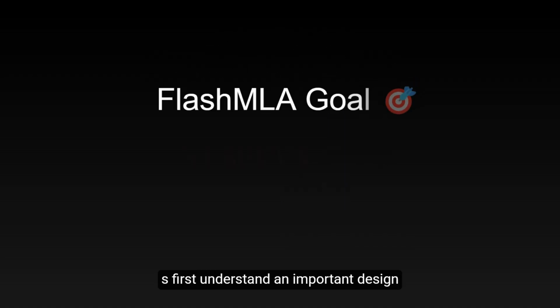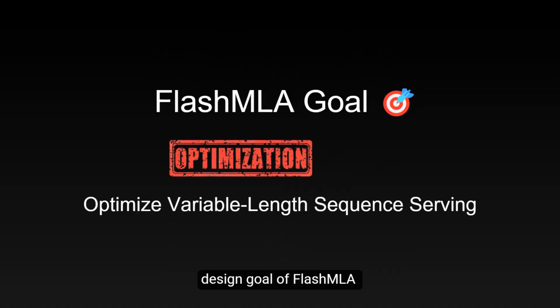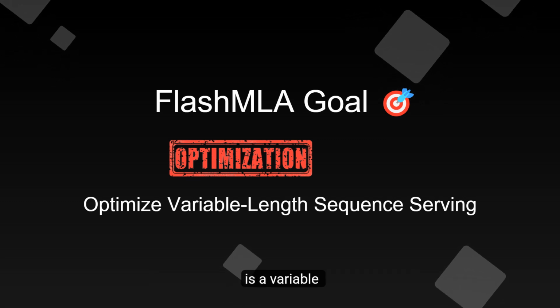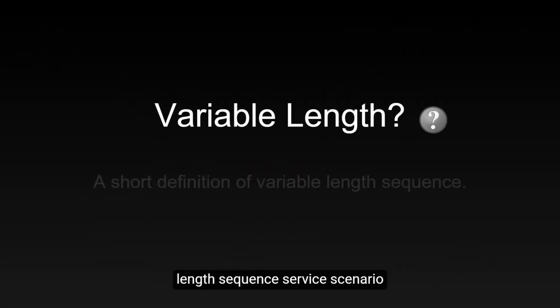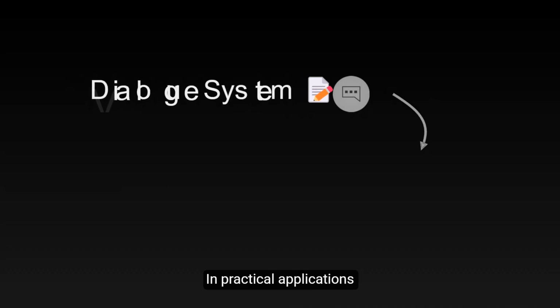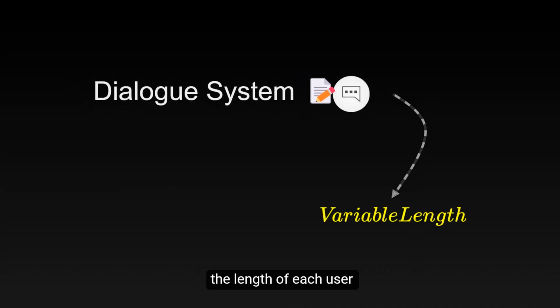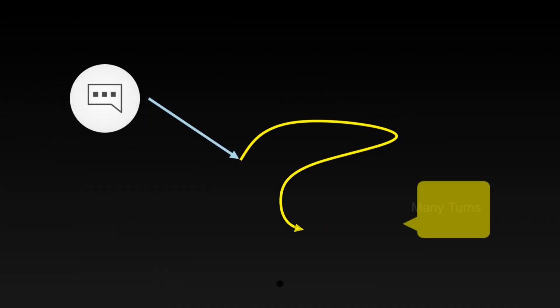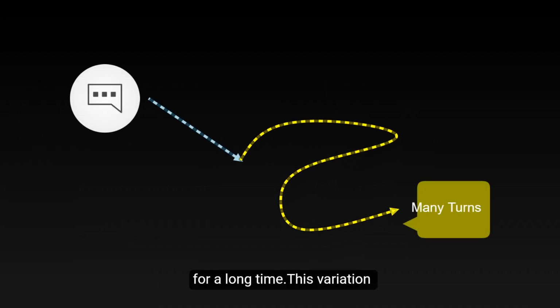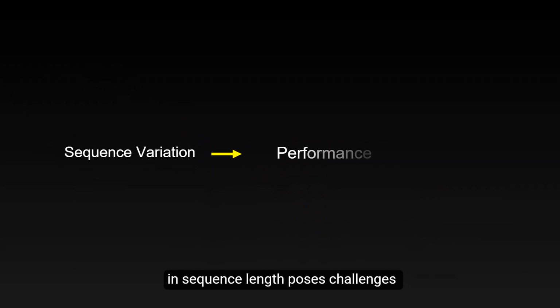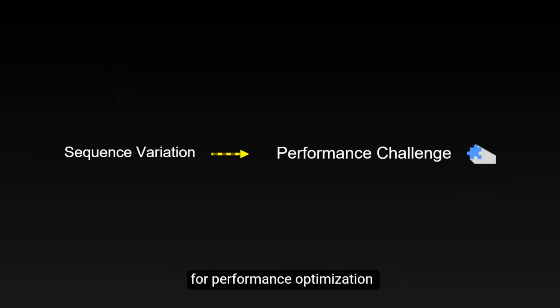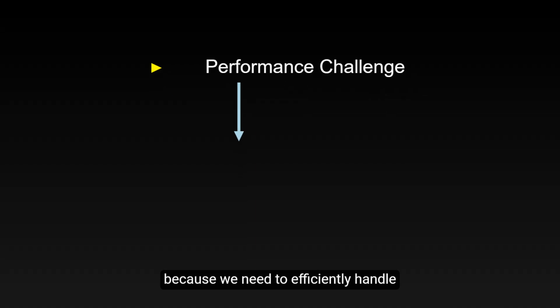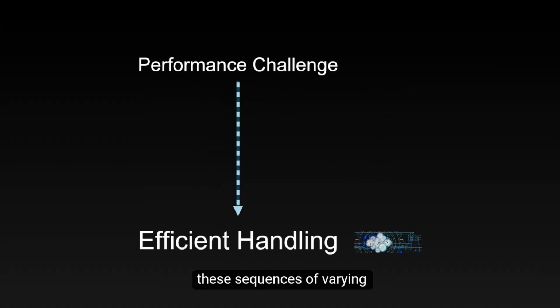Let's first understand an important design goal of FlashMLA: optimizing variable length sequence service scenarios. What is a variable length sequence service scenario? In practical applications, such as dialogue systems, the length of each user's dialogue varies. Some may have only a few sentences of dialogue, while others may have been chatting for a long time. This variation in sequence length poses challenges for performance optimization because we need to efficiently handle these sequences of varying